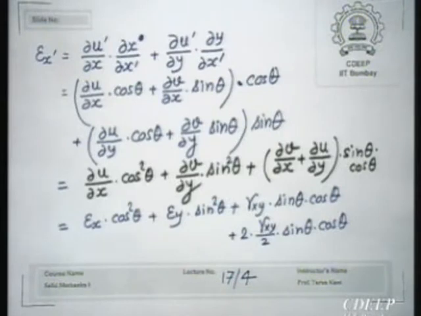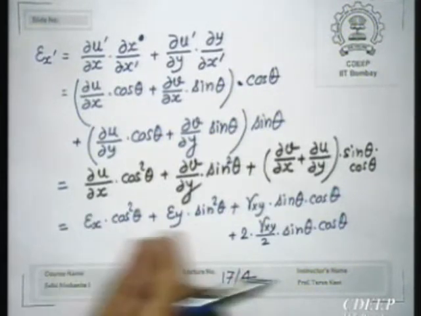Okay. This transformation rule is not a vector transformation. It is not like a force transformation. What is the difference between force transformation and this transformation? There you will get only sine and cosine, not square. Force, component of force in x and y direction, when you take, you will be equating, and then it will come only single sine cosine. Here it is coming cosine square, sine square. So, this quantity is the way it is written now.